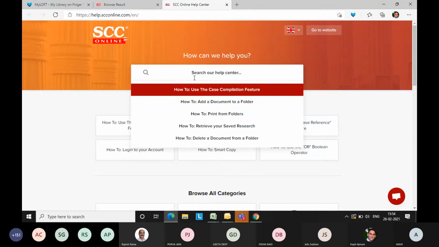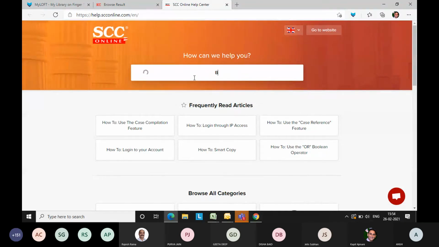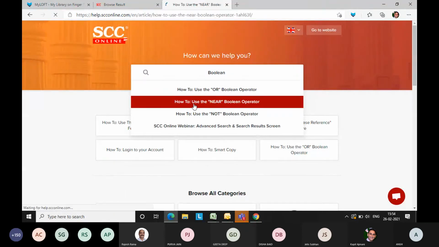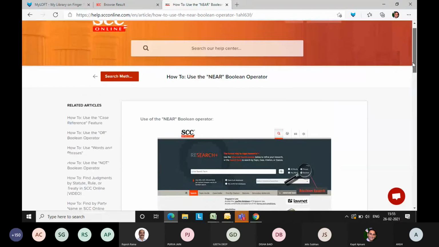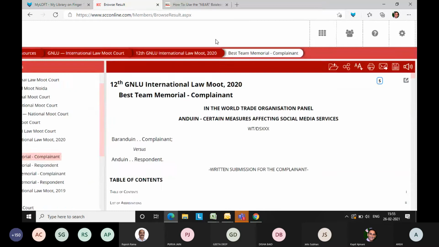And you can get help for copy paste, smart copy, or maybe for the near operator, Boolean, and all that. Everything is available over here. That was the help section, and with examples, it's all illustrated pretty well.